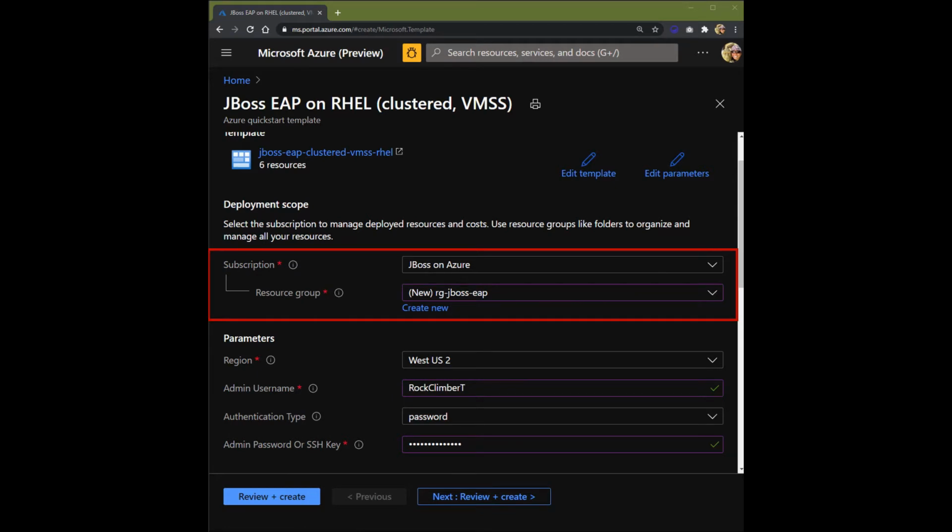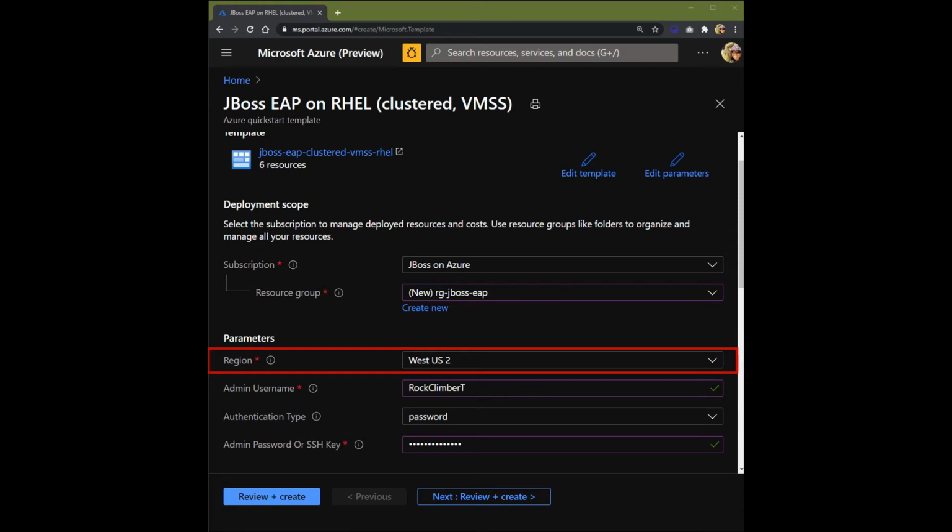So now we're in the Azure portal. Let's get started by setting your subscription ID and your resource group. You can use an existing one or create a new one by clicking on Create New and typing your new name. Now let's set your region. In this case, we'll set West US 2. I want to point out that if you want to set up a jump box to validate your deployment, make sure it's in the same region as your VMSS scale set.